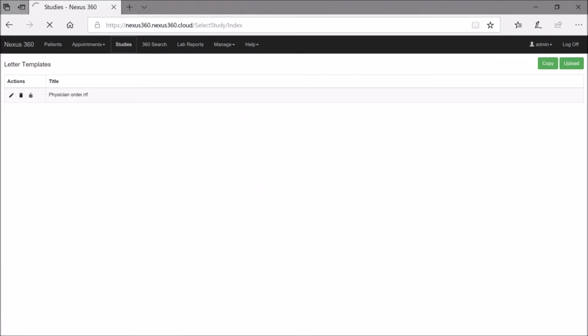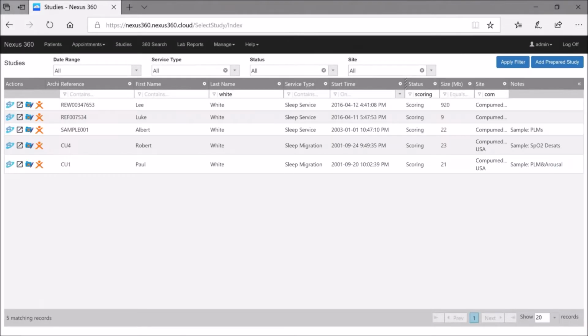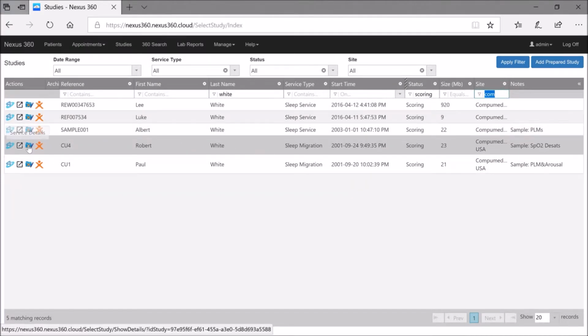Now what I'll do is go into a study. So go to the studies menu on the tab up here. This will load some studies that I have pre-applied filters to. So what I'm looking at here is patient by the surname of White, for which the study is in scoring, and from a particular site, Compumedics. So what I want to do here is go down to Robert White, and if I go onto the service details, so the blue folder,